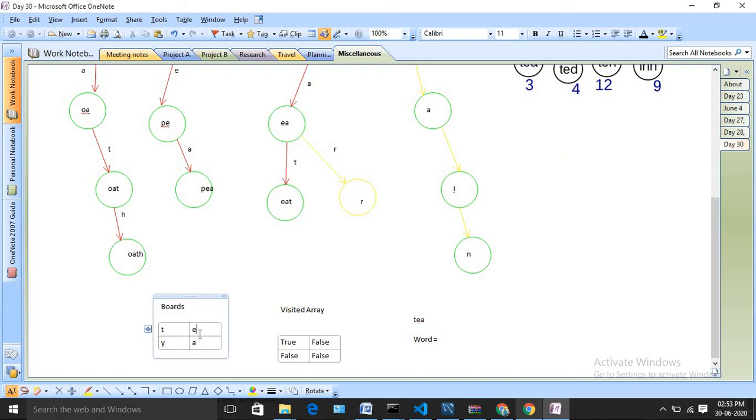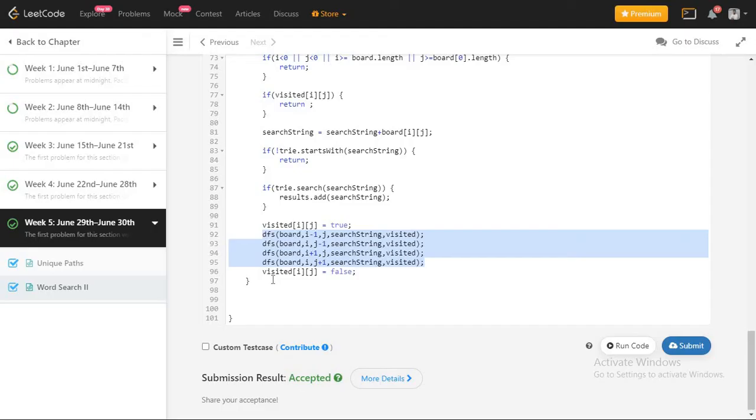te exists. Yes. Then I am going to go further and check the adjacent nodes of e. If these corresponding adjacent nodes exist in the trie, then I will move further. If not, I will stop there and start exploring other adjacent nodes of t. This is how our algorithm works, right? So this is the concept I tried to follow.